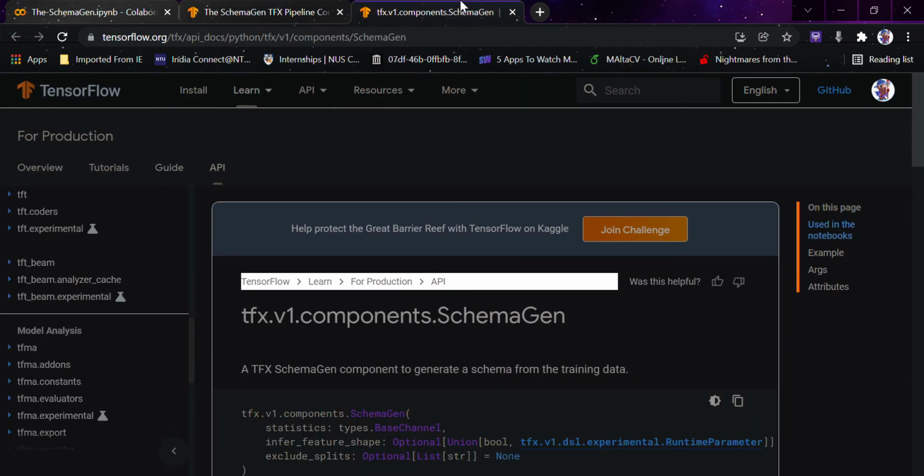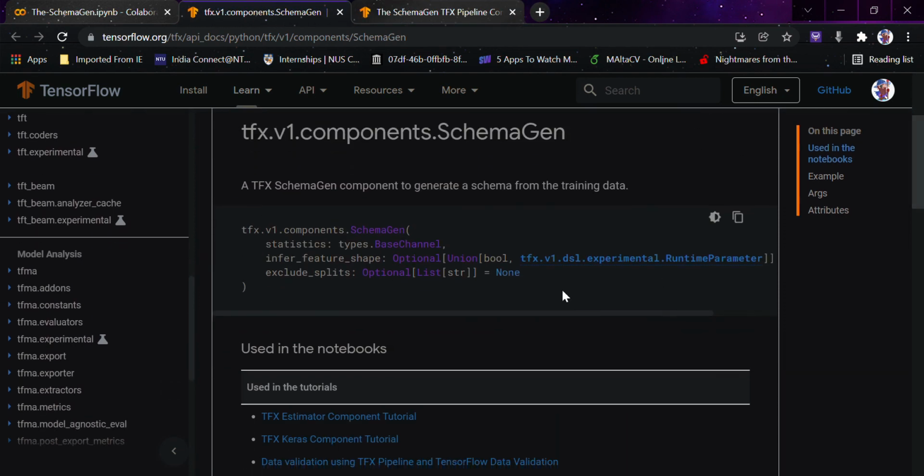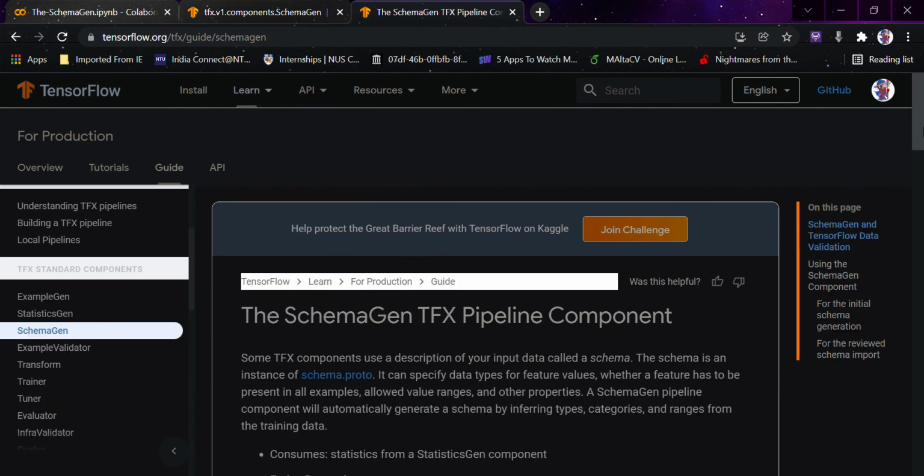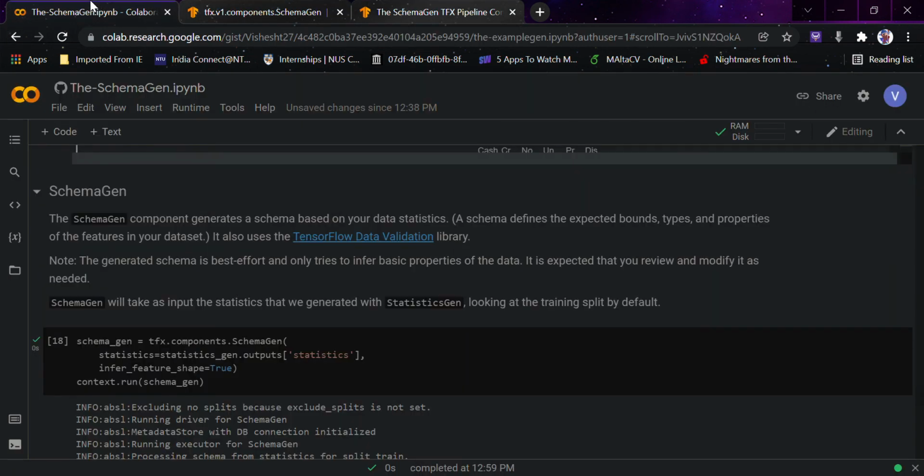Now you can go here and see what all these features do, the infer notebook and everything. So that was it for the video. I would recommend you go and play with this notebook and test the SchemaGen property yourself. It would be really helpful, and I recommend that you do that. So that is it for the video. Thank you and have a nice day.